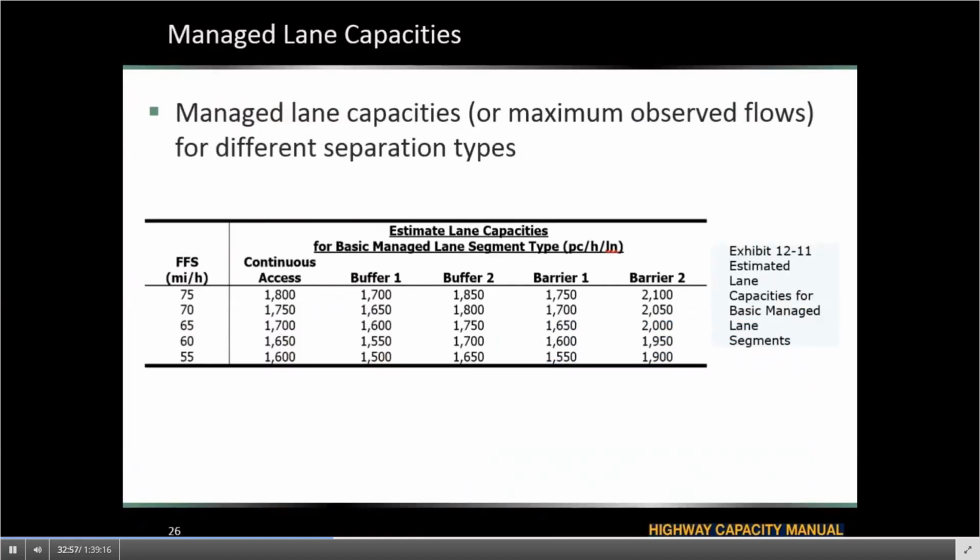So these numbers that you can see here in this table, we call them capacities, but it would be more accurate to say these are maximum observed flow rates that have been seen in this managed lane segment. And obviously, if you compare it with the capacities that we have for general purpose basic segment, these are fairly lower numbers.